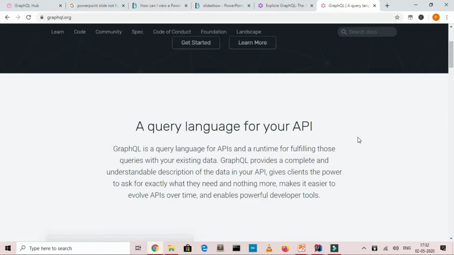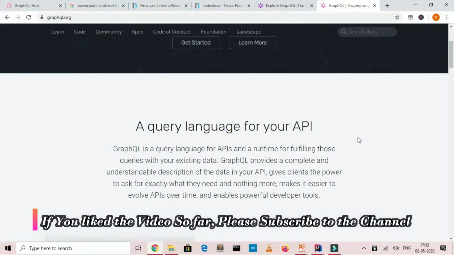So GraphQL basically provides the documentation for your APIs by means of the schemas that it provides. It gives the client the power to tell the server what kind of data it wants from a given endpoint.